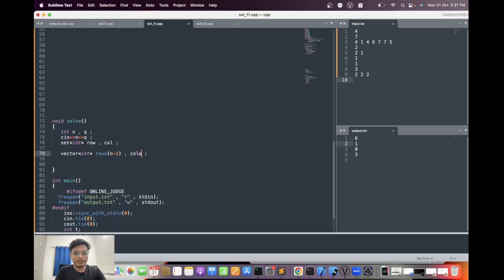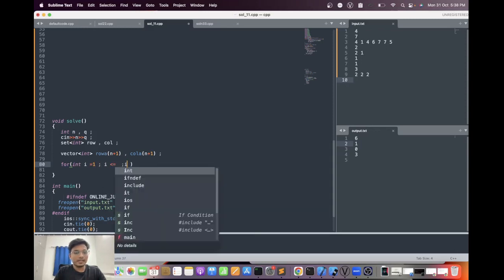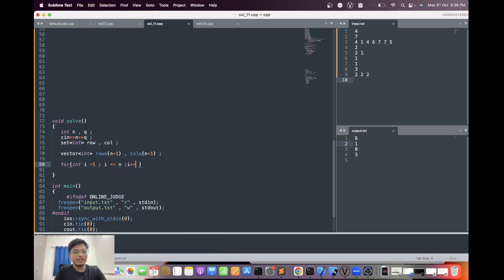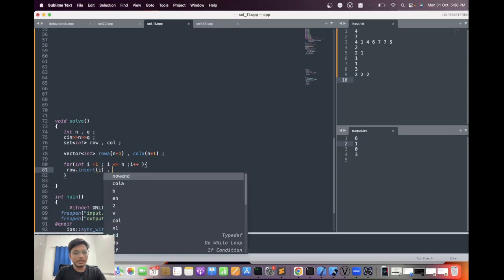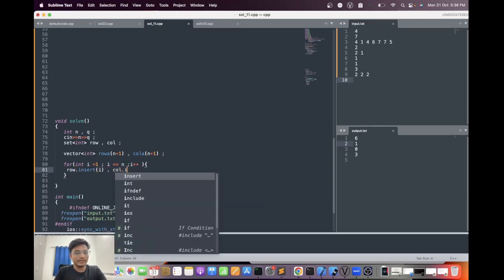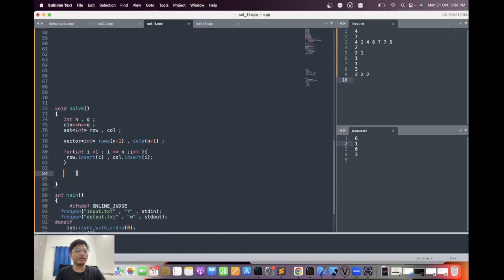Similarly, column also has size n plus 1, it is an n cross n grid. Now from i equal to 1 to n, initially none of the rows or columns have any rook, so I will insert all of them as free. Okay, now what I want to do,